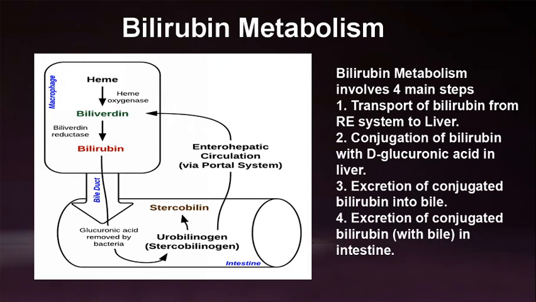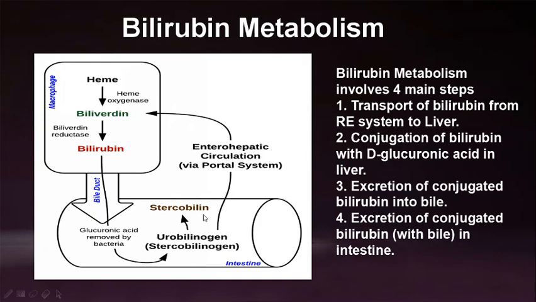Here, from the liver the bile enters the gut through the bile duct. In the large intestine, the conjugated bilirubin is hydrolyzed by the bacterial enzyme beta glucuronidase to release free bilirubin and D-glucuronate. Okay, the free bilirubin is then acted upon by several enzymes in the intestinal bacteria, and ultimately it is